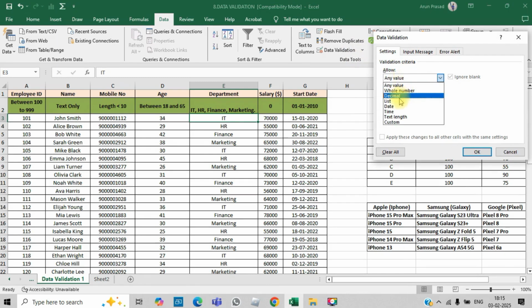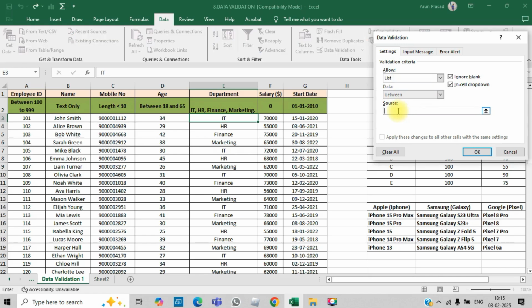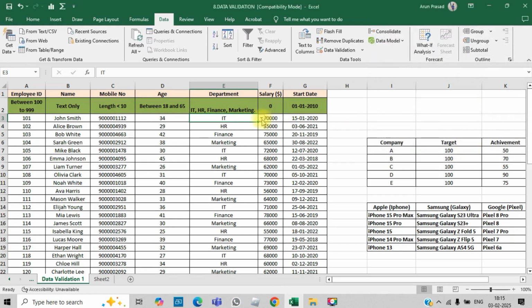There's an option called list. In that, for the source, you can either type it, like comma IT, comma HR, comma finance, comma marketing. You can type it, and the user will get the list. You can do it like that,